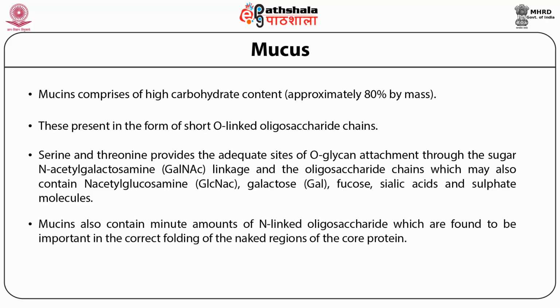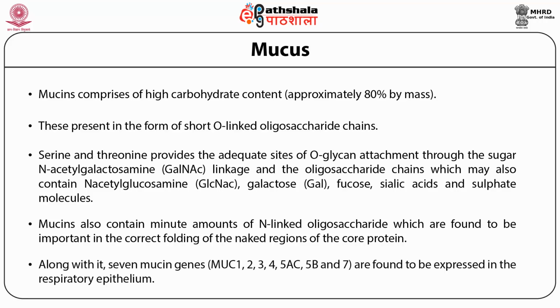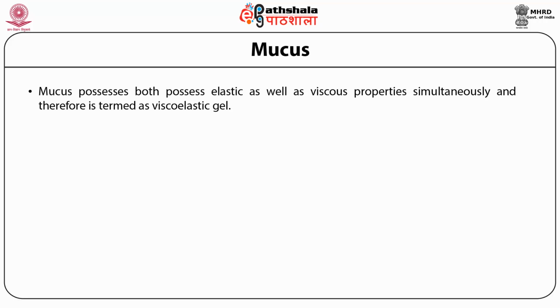Mucins also contain minute amounts of N-linked oligosaccharides, which are found to be important in the correct folding of the naked regions of the core protein. Along with it, seven mucin genes, MUC1, 2, 3, 4, 5AC, 5B, and 7, are found to be expressed in the respiratory epithelium. Mucus possesses both elastic as well as viscous properties simultaneously and therefore is assumed to be